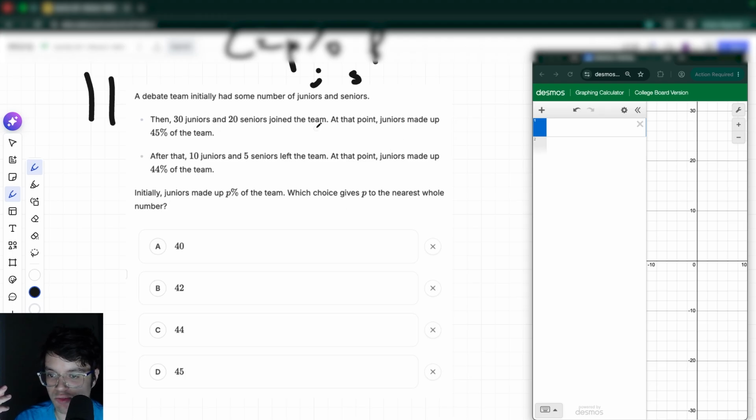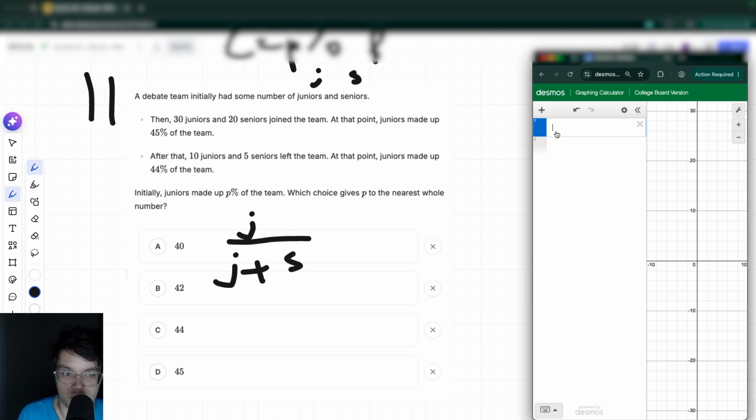So the way to think about this problem is that it pretty much is the same as those concentration problems I had above, like with the salt and with the vinegar, all those different things. It's just with people instead of salt and vinegar. The way we can think about writing this is if we're trying to find the amount of juniors, it has to be juniors divided by juniors plus seniors. This would be the total amount of people, and this would just be the juniors that we'd be trying to find. So for the first one here, we can say J divided by J plus S,